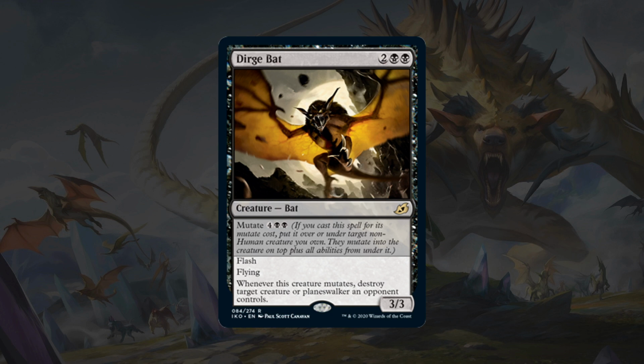So you flash in the Dirge Bat as a mutate, you put it on top of your other creature, maybe eat another creature in combat, and then the next turn, if you have another way to mutate, guess what? You're mutating on the Dirge Bat, killing another one of their creatures. Granted, every time you mutate onto the same creature, you are exposing yourself to the eventual removal spell that gets rid of all of them at once, but Dirge Bat does make up for that with some pretty fantastic killing